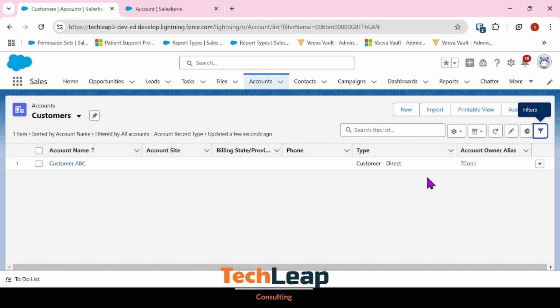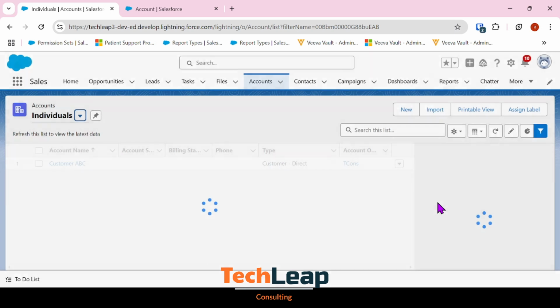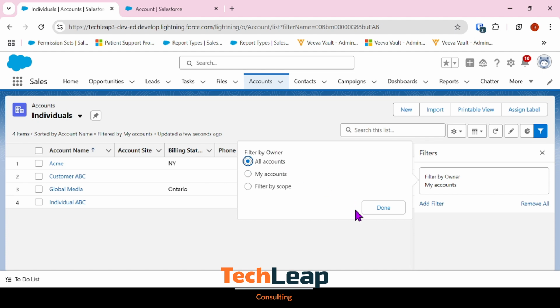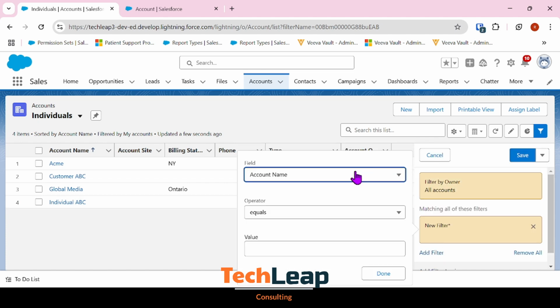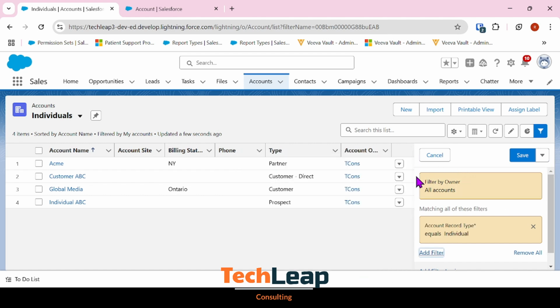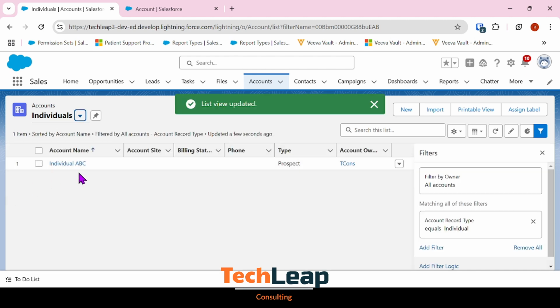So I can repeat the same process to create a different list view for my individual record types. So let me give a name for this list view and repeat the same process. I want all the accounts to be shown here which are of the record type individual. So select all the accounts. Under the additional filter, select account record type, and this time I'll provide individual. Now when I hit save, I will be able to see all the accounts that are of record type